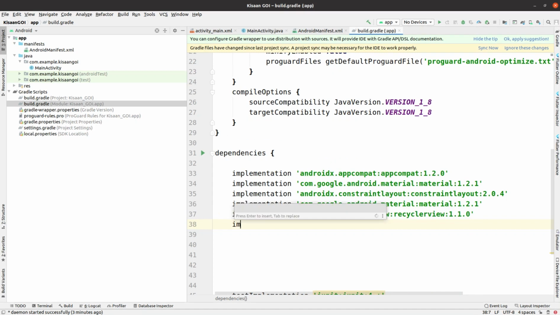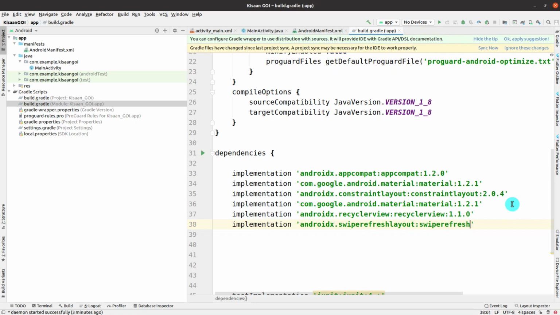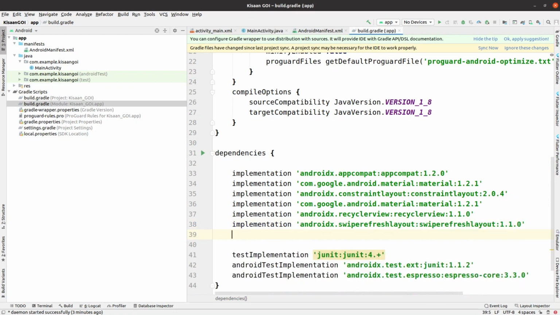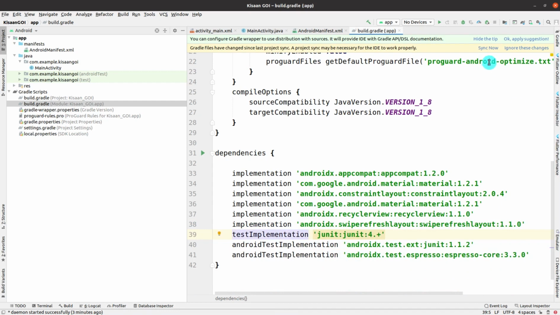Now one more dependency I will be adding, also from AndroidX, and it is for swipe refresh layout. Let me add it here, swiperefreshlayout. You have to give the version for this swipe refresh layout dependency, so the version is 1.1.0. The dependencies are added successfully.